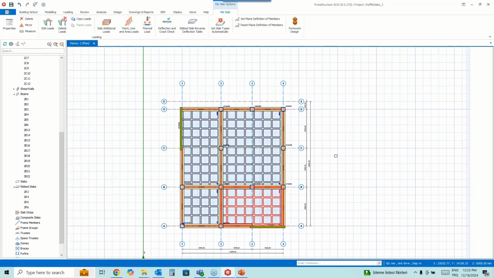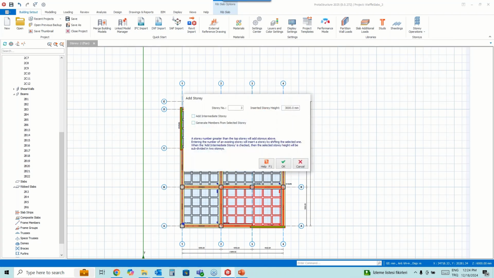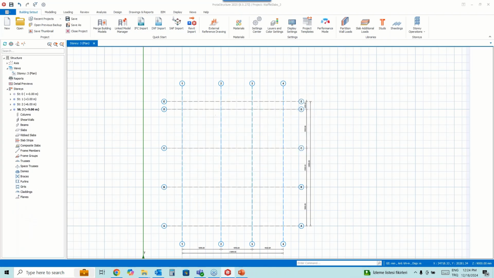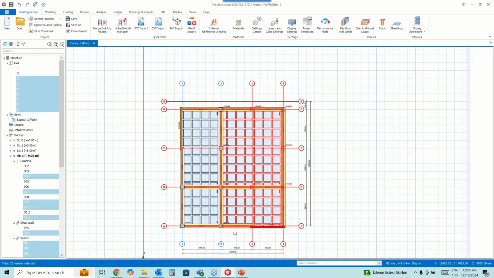And lastly, we will have a small roof part. And I'm gonna insert a new story. Again, I will generate the members from the selected story. We can delete some members.